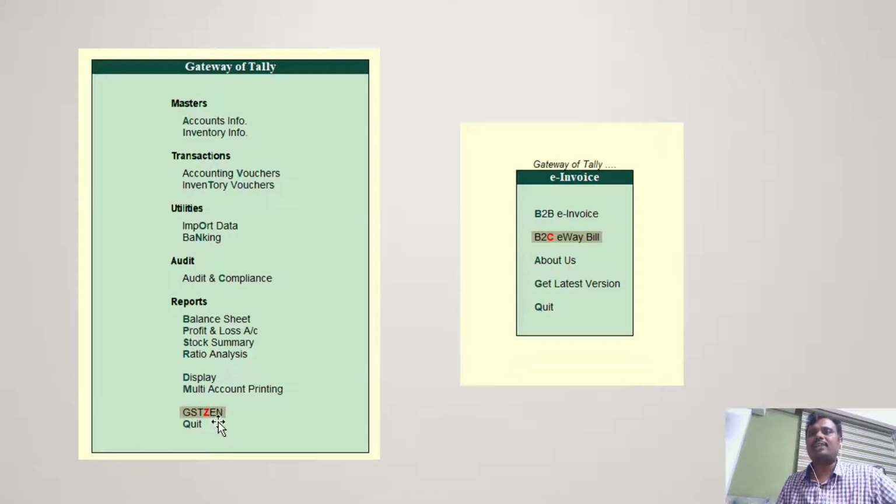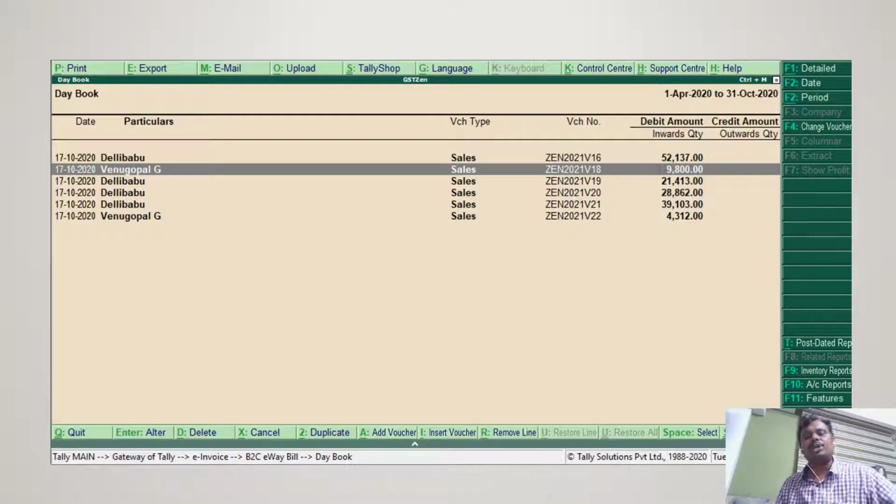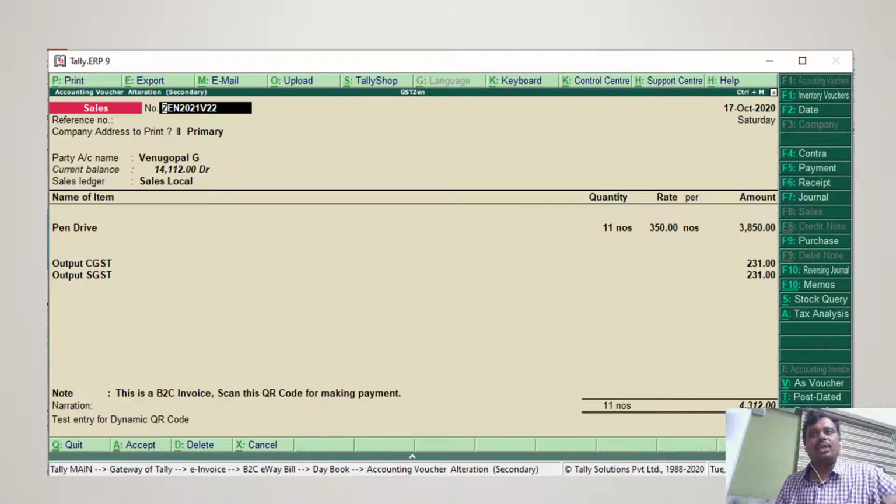Upon logging in further, there is a B2B e-invoice section, there is a B2C e-way bill section. When you select the invoices of the B2C, you will be seeing the entire sales registers which have been made only to unregistered persons, right? So sales made to unregistered persons would be visible. And when you look into a voucher, it is as good as a normal voucher.